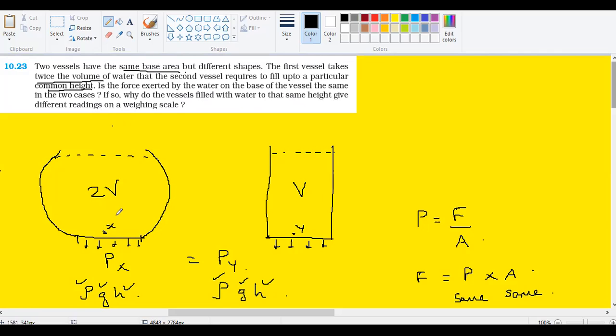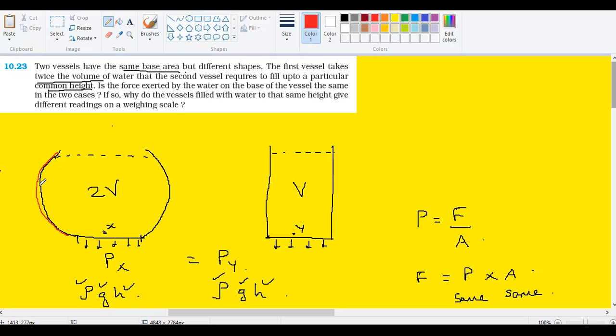Okay. Which means if you say that the force here is same, the force here is same, the weight is nothing but force due to gravity. How come you are saying the force is same, but the weight here is higher? Okay, weighing machine is showing weight higher. The answer for that is there will be some forces which is acting on this curved surface.